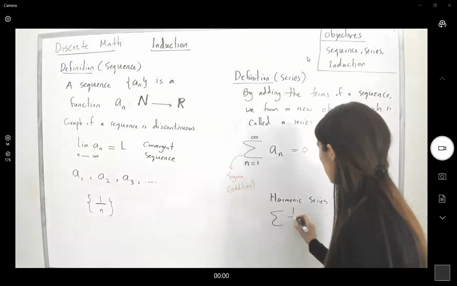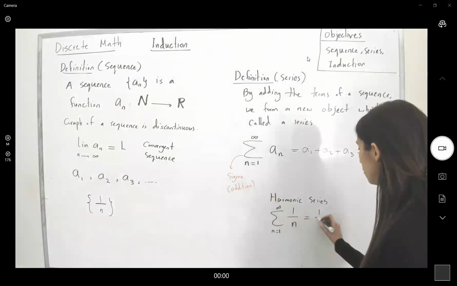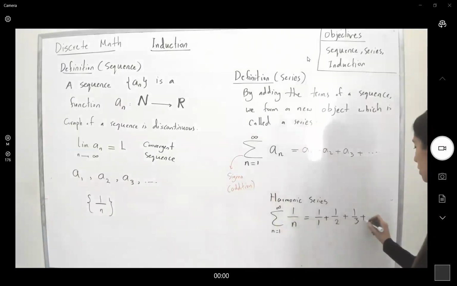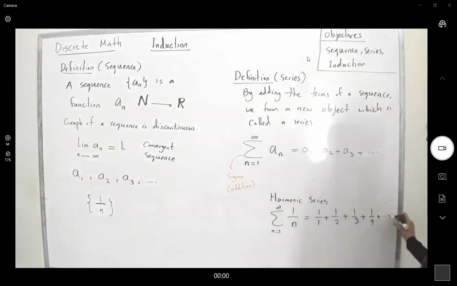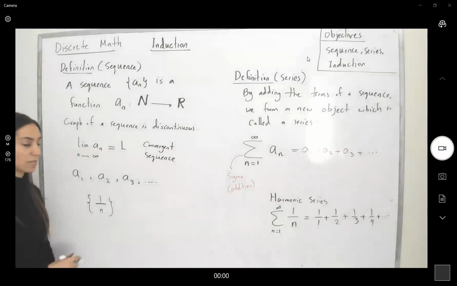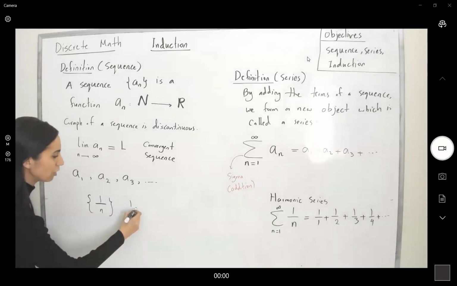The sum of 1 over n, starting from 1 and going to infinity: 1 over 1, plus 1 over 2, plus 1 over 3, plus 1 over 4. We are adding the terms here, and this is 1 over n. If you list the terms of this sequence, it's going to be 1, comma,